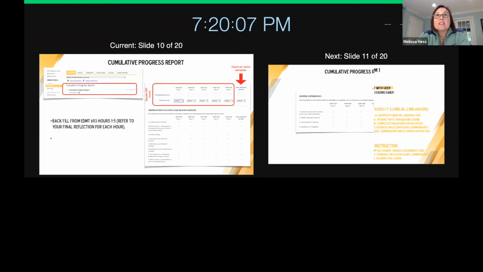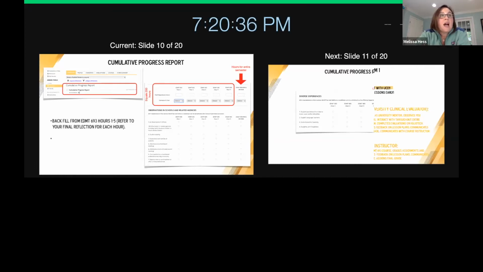And then at the top, all the way to the right, you need to say how many hours you have logged for the entire semester. The rest of these are a little bit different because it's broken down by hour, but this is for term 1 and term 2, cumulatively, how many hours do you have logged in there? And then you're going to drop the select down box and hit fall of 2021.